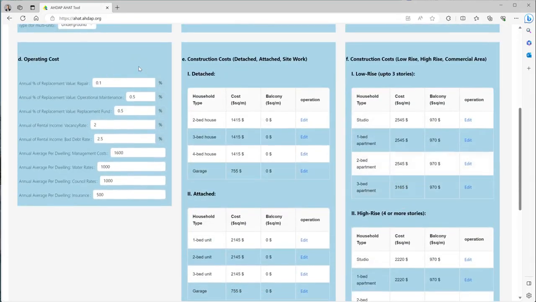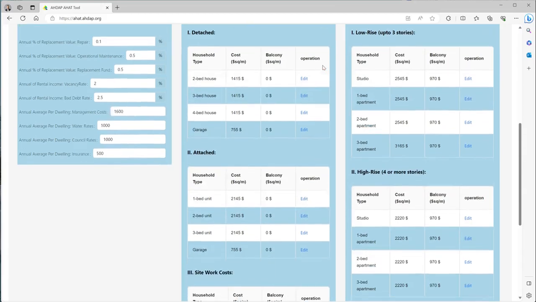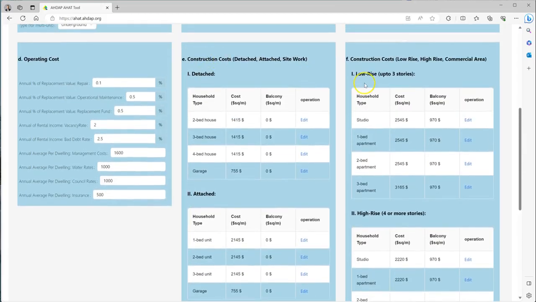Box D estimates the operating costs. So the first three figures are proportions of the capital expenditure, the capital value of the projects, in terms of repair, planned maintenance, and then sinking fund values. There is some accounting for vacancy and bad debt, and then some general other costs that are applicable to each of the units. So these are based on a per dwelling basis for the final four. Box E, F,